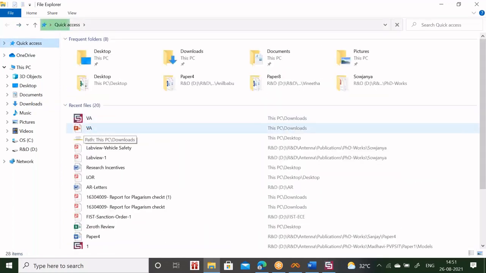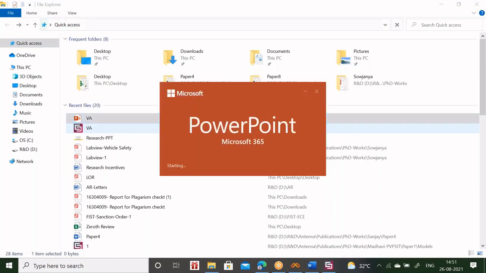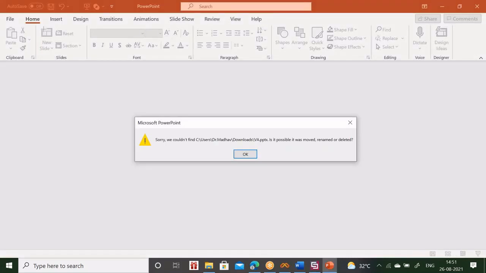The PPT is there. Now see the beauty of this particular tool. This tool not only helps you in analyzing the result, it also gives